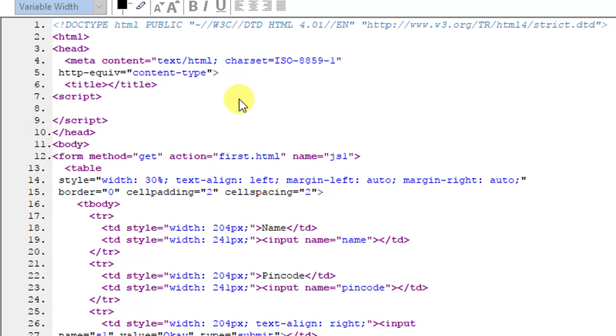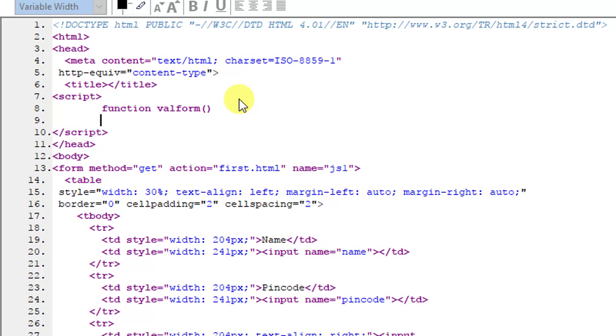Now first of all, we are going to write a function. A function is a group of code which is used for some events. For example, when a user clicks on the submit button, the code written in the function is executed. Now I want to give a name to the function. You can give anything. I am giving valForm. Make sure that you know this name, and then open a curly bracket and close a curly bracket.